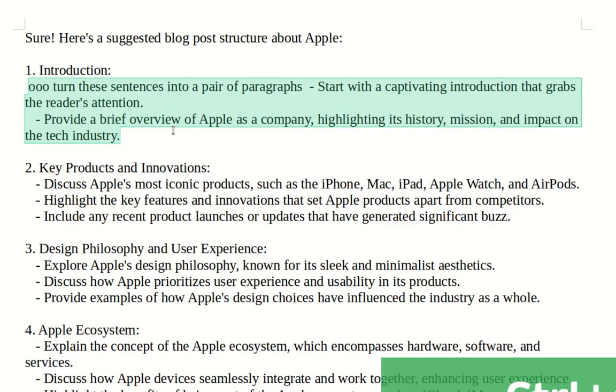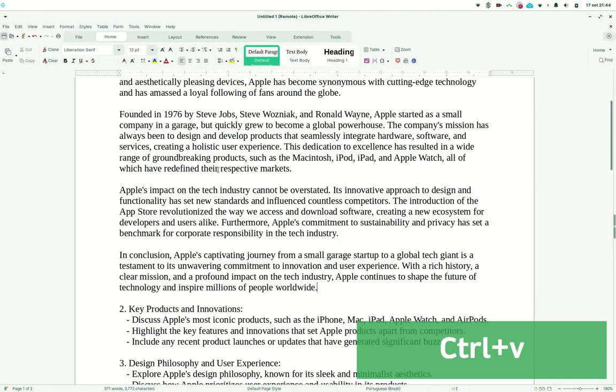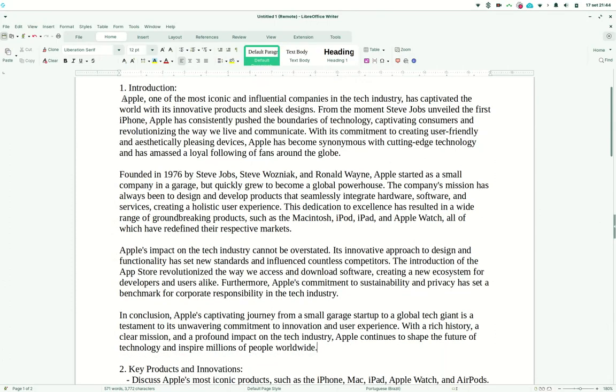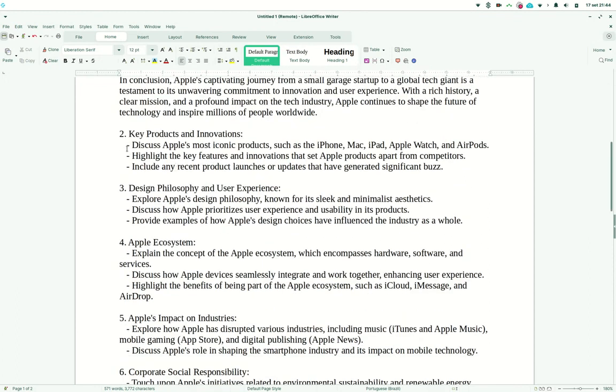And once I did that, you heard a pop. This pop indicates that AI is now working. And when you hear the second pop, it's ready. All you need to do is paste it. And then you have the paragraphs as introduction based on that structure that AI shared earlier. Let's do it again, just for